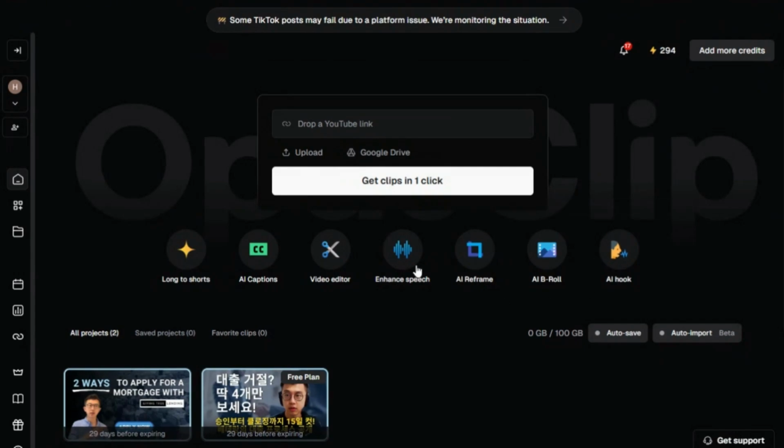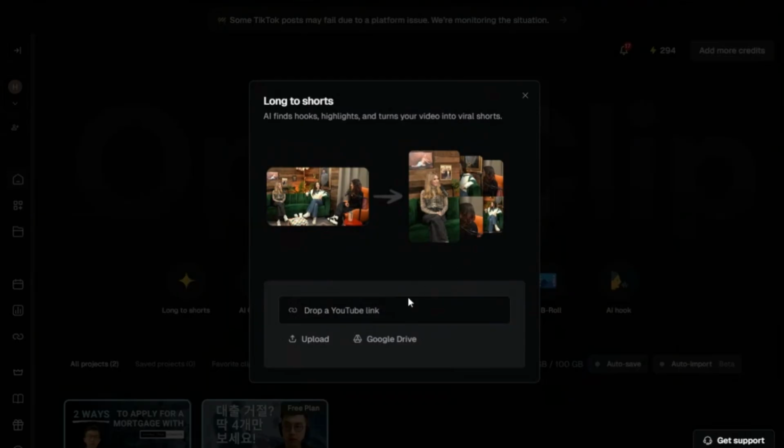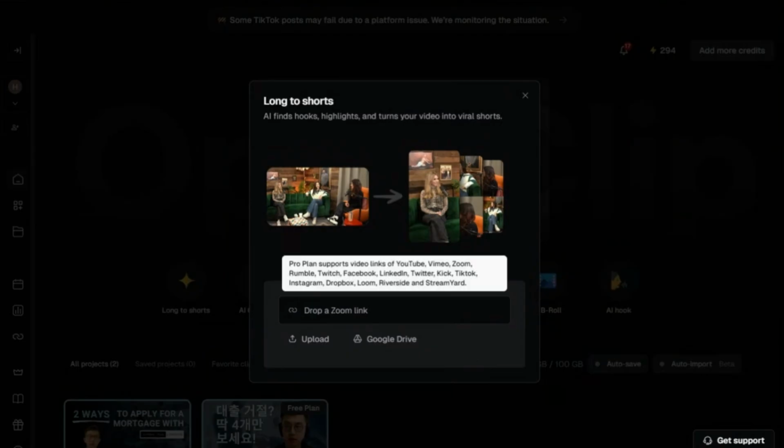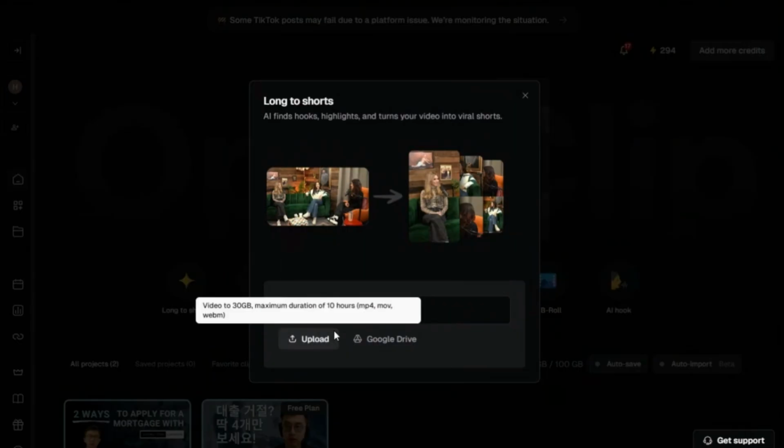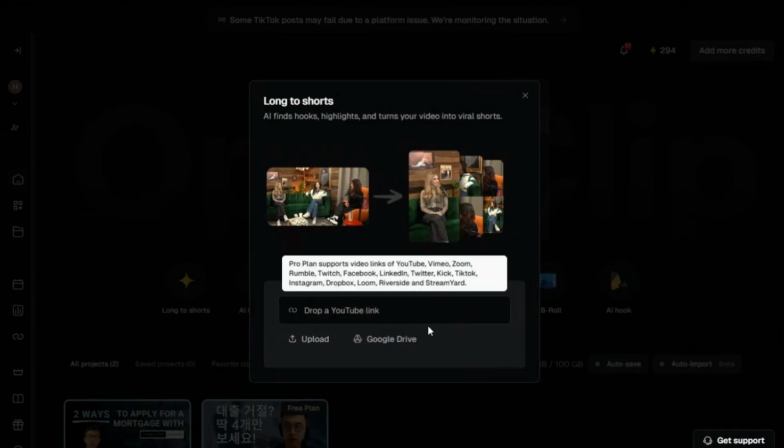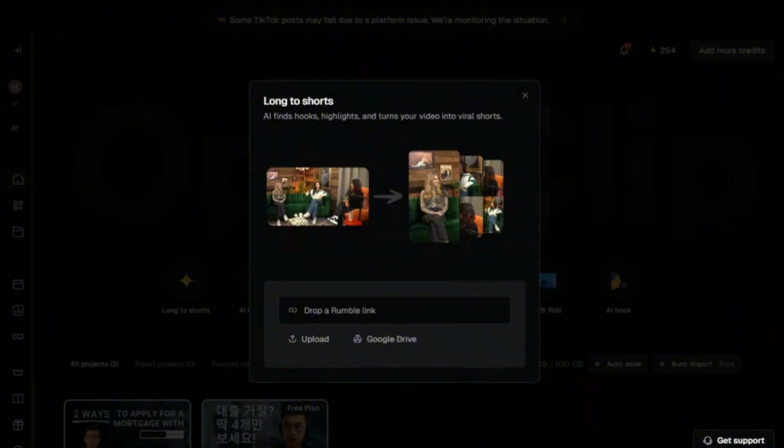You're mainly going to want to click this one here, belongs to shorts. And you could upload a video file, and I think that's the option that we're going to go for. Or you can even upload a YouTube link. The examples, I used a YouTube link, but the reason I don't want to use a YouTube link is because